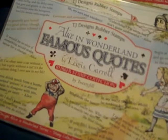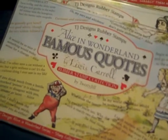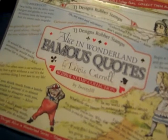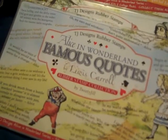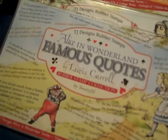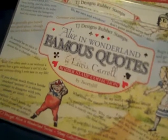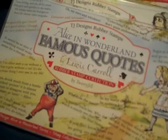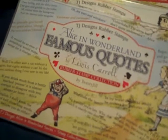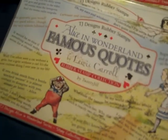I was searching and I saw the unmounted rubber ones and some mounted rubber ones. I thought I would get the unmounted rubber and mount them myself, but I feel like I should spend my time crafting and not trying to cut out all those little pieces. And I really wasn't sure how cost efficient it was in the end anyway. But I was on the search, and then I found